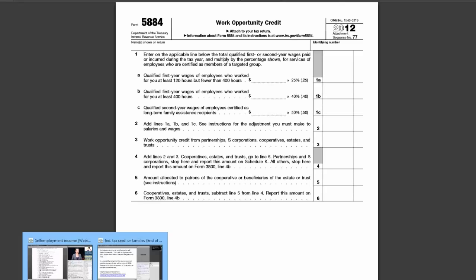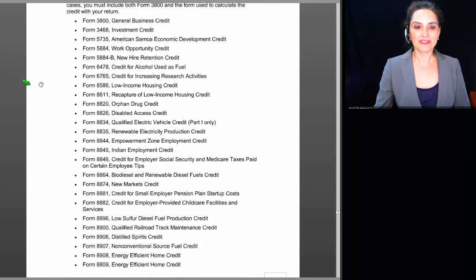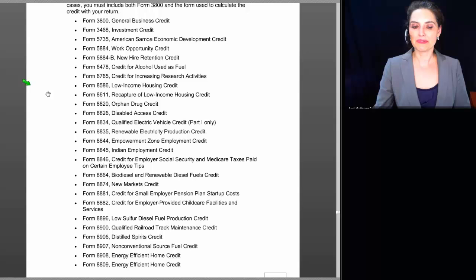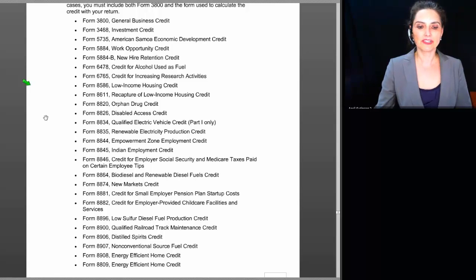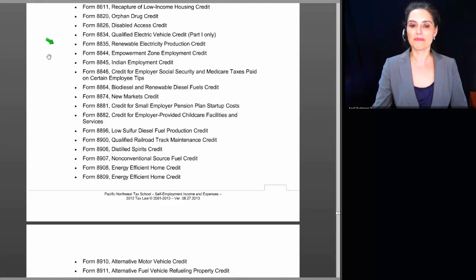That's actually history. It's gone. That was just a one-year temporary credit. The credit for alcohol used as a fuel. Form 6765, credit for increasing research activities. We also have the low-income housing credit, the recapture of low-income housing credit, the orphan drug credit, the disabled access credit, the qualified electric vehicle credit, the renewable electricity production credit, the empowerment zone employment credit, the Indian employment credit, the credit for employer Social Security and Medicare taxes paid on certain employee tips, biodiesel and renewable diesel fuel credits,